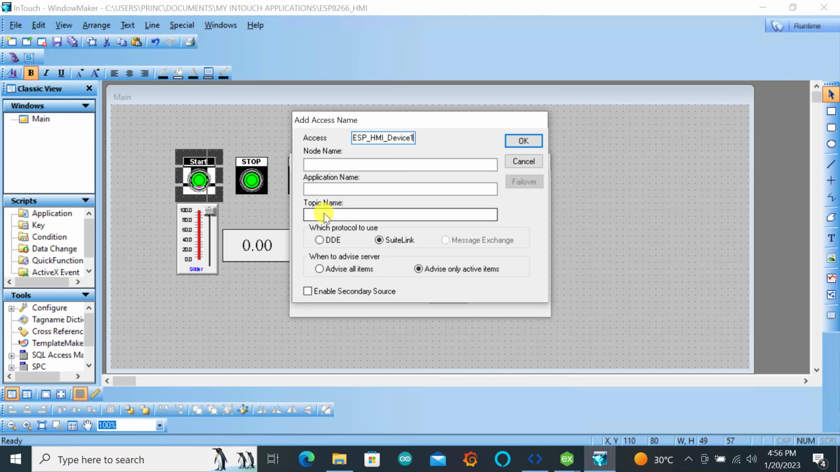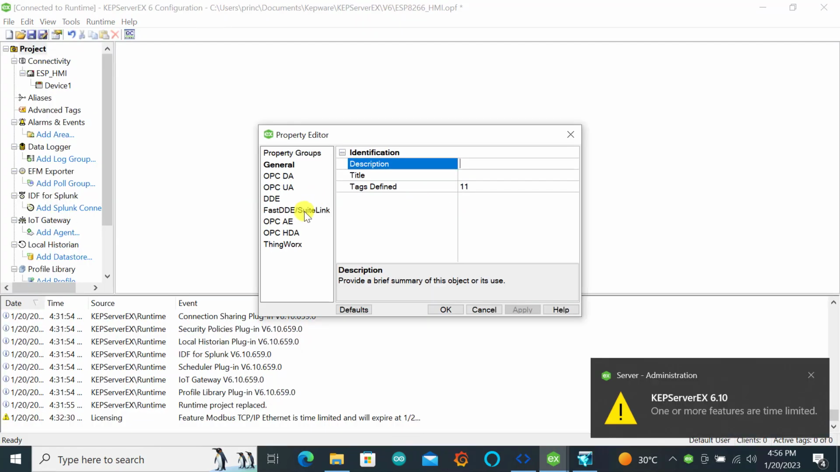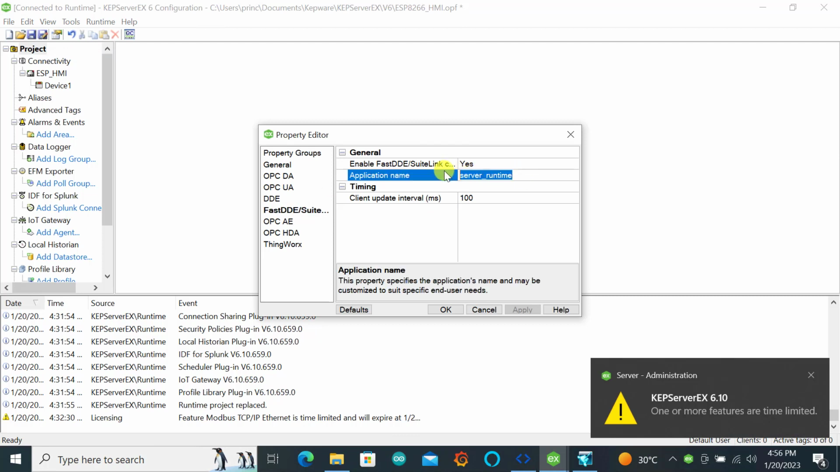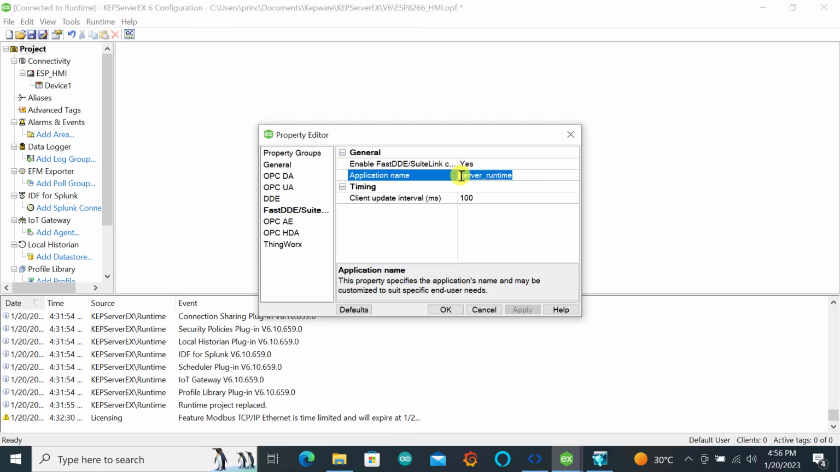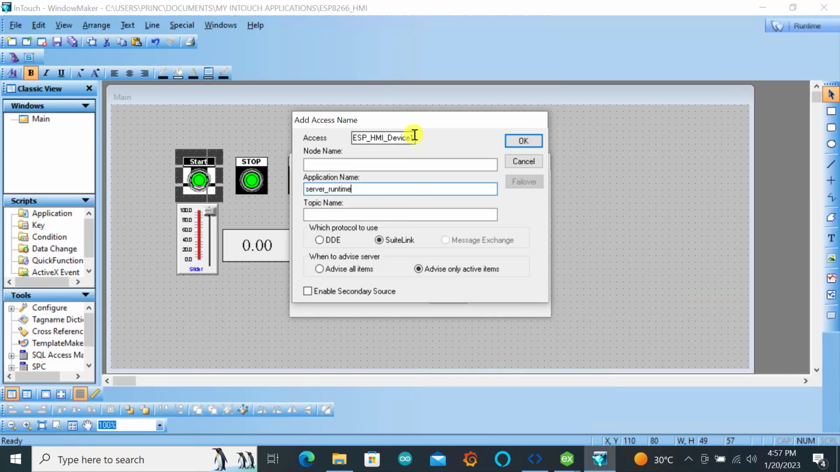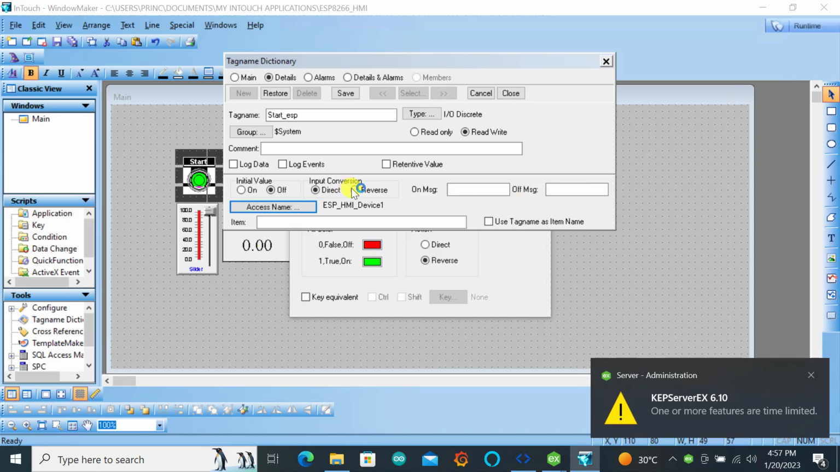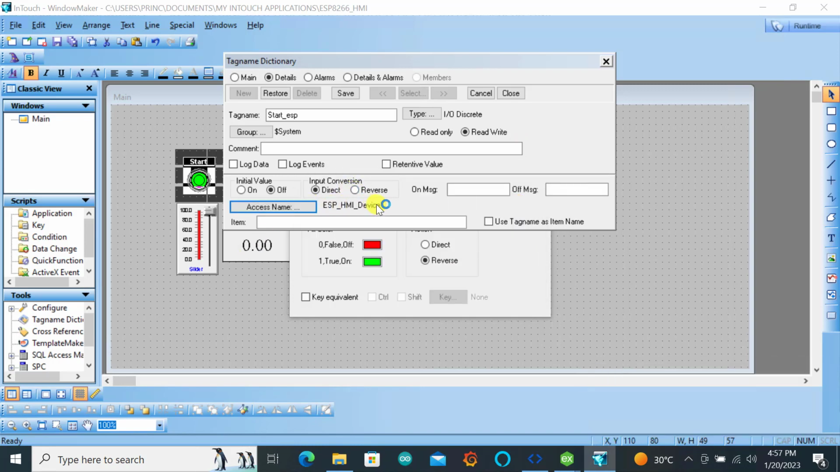ESP_HMI_device 1. The application name is the name that we copied from the property, which is when you come here, you right click, go to property, and get fast. The server runtime name is what we need to put there. Okay, so here is server runtime, and then the topic name is this very name again, and then we click on OK, and now we have our access name created,